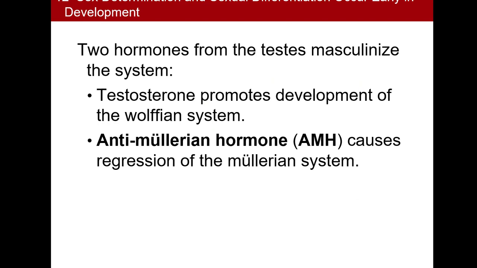Okay, so I've used the terms testosterone and anti-Mullerian hormone a bit. These are hormones that are being produced by the testes. So if you have XY chromosomes, then you have an SRY gene. The SRY gene causes the indifferent gonads to develop into testes. The testes produce testosterone and anti-Mullerian hormone. The testosterone is going to cause the Wolffian system to develop. The anti-Mullerian hormone, just as the name implies, is going to lead to the regression of the Mullerian system. So here, the ducts that would develop into the uterus and internal vagina and fallopian tubes, those things would regress.